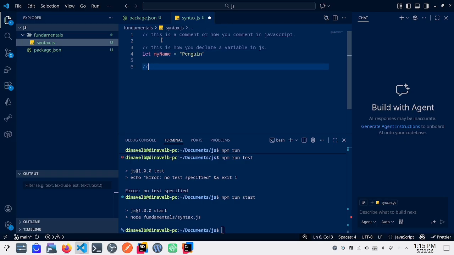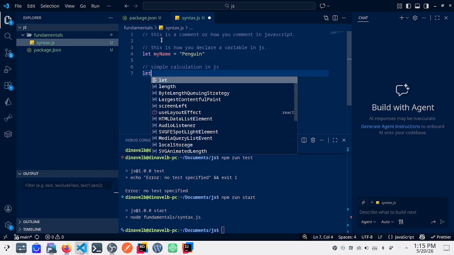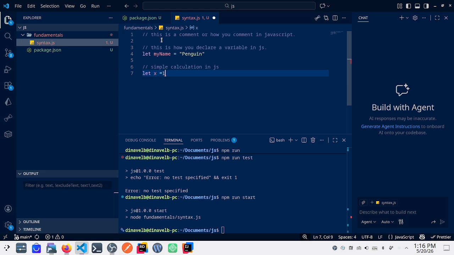Then a calculation in simple JS. So let x equals 10, then let y equals 11.